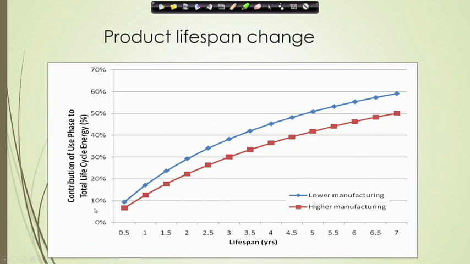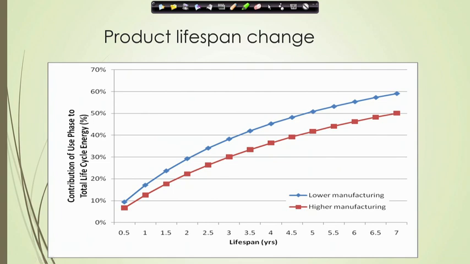For the lower manufacturing, as you can see, the use phase keeps on going as it gets older. So, after say 6 years or so, almost 60% of the footprint is coming from the use phase rather than the material production phase. And for better manufacturing, it goes down to around 50%. So, that gives you the difference between a better computer and a not so good computer in terms